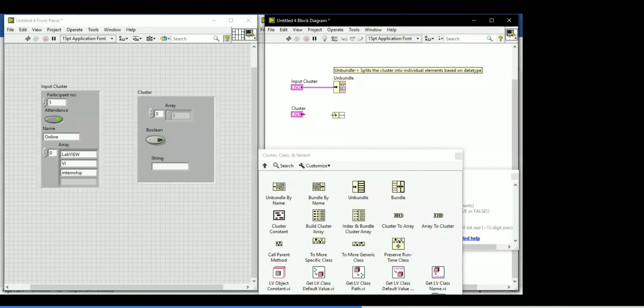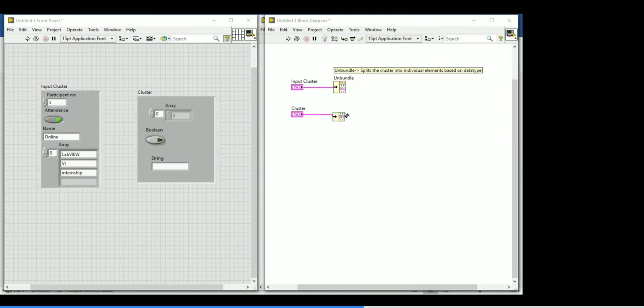Okay, so if I connect like this, see here, I placed the array first, sorry, I placed the boolean only over there. So that's why we will get a boolean, then string will come, then the array will come over there. The order will be how the user is placing elements into the cluster. You will not see how you are arranging the cluster there. It will see how the user is placing elements in the cluster. That's very important. So array, boolean, string, array will come. Kindly note that. Okay, let me delete this one.